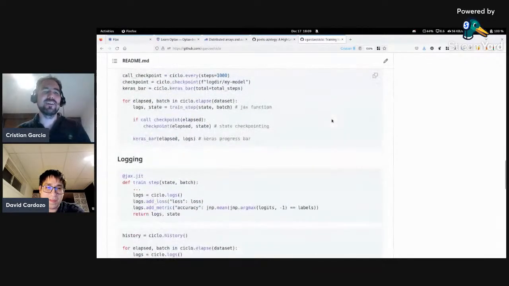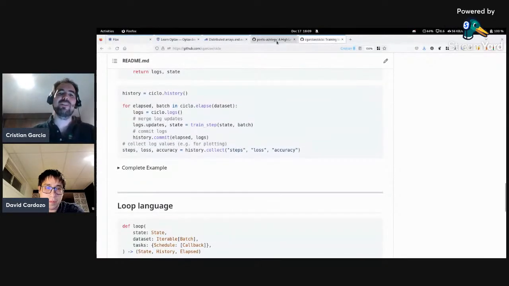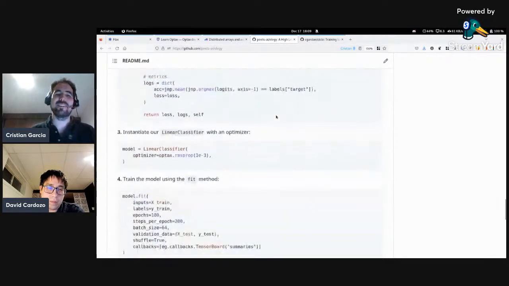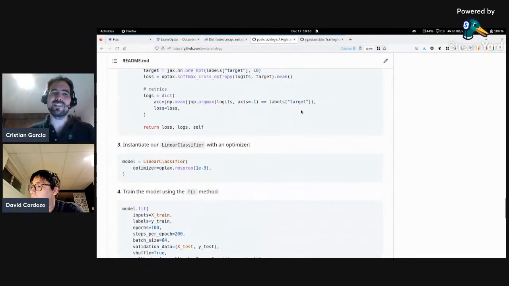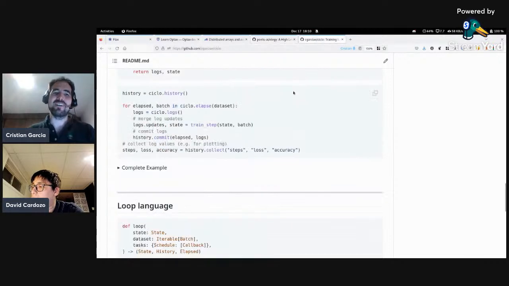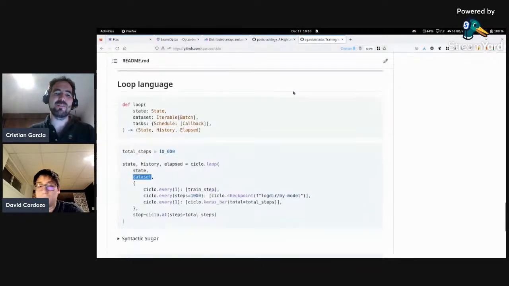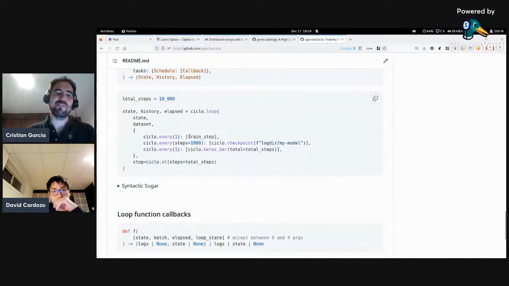If you're doing complicated stuff, with a Keras-like API you get stuck. Even with a PyTorch Lightning API you might get stuck, because in JAX you sometimes want to do more crazy stuff. So I found that this API is much better because you just create whatever function,